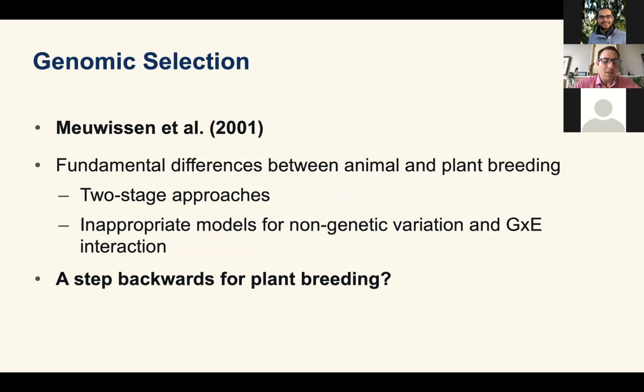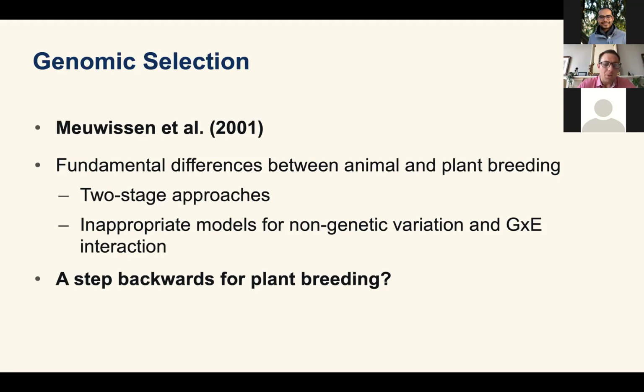It was initially developed in animal breeding, and it's been subsequently brought over to plant breeding. And what we've seen, or at least in my experience, is that a lot of the previous methods and the kosher stats methods of analyzing plant breeding metadata sort of went out the window when genomic selection was brought in. And I'll explain exactly what I mean there. A lot of the time the fundamental differences between the two settings were neglected or put as a secondary objective of the research.